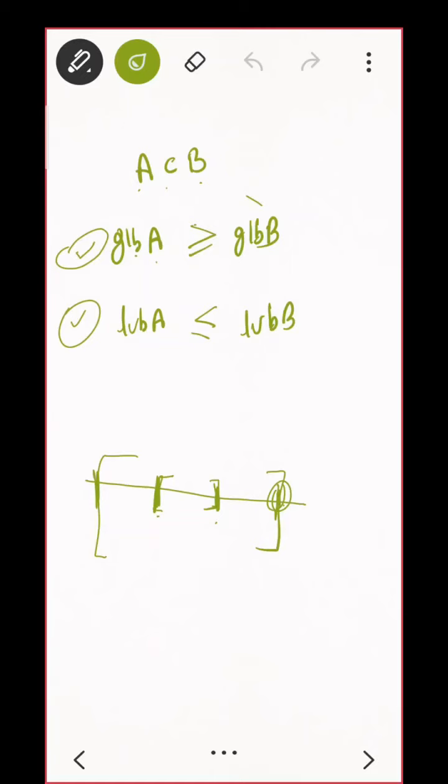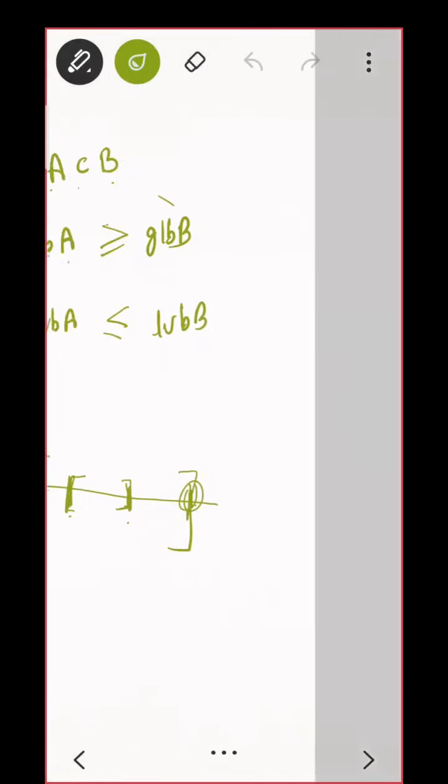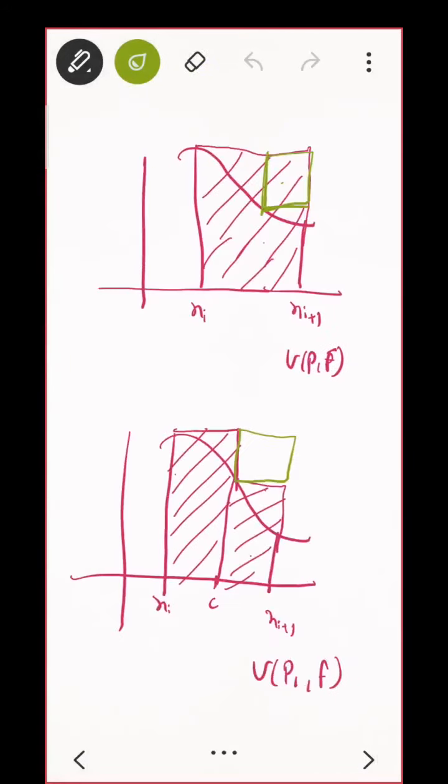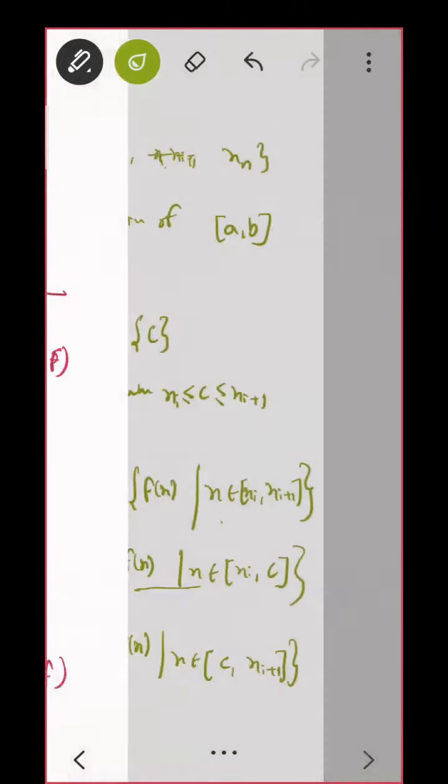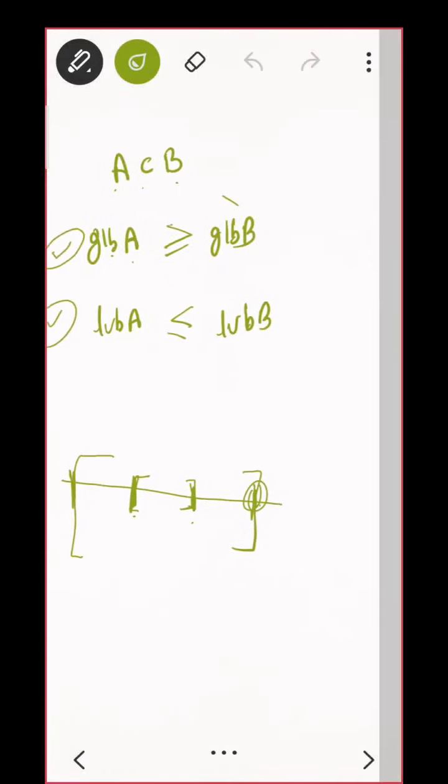Okay. So let me stop this part. What is the next number? कौन सा चला था? ये third था क्या? ये third था ना? Let us go to the fourth one. Fourth क्या था? Can somebody remind me? Third में दो part आ गए actually. So what is the fourth one? Riemann criteria of integrability.